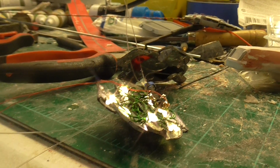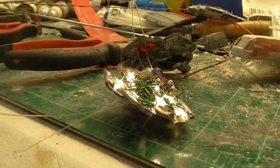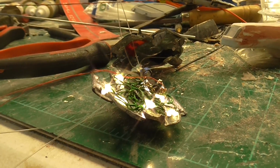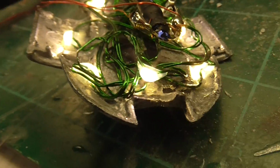And I did it all, and I got it to work. The first time it didn't really work very well. I did it again, but I wasn't confident. I thought I was going to short out. So I took a different approach, and where I get these LEDs, these really, really small SMD LEDs, like, let